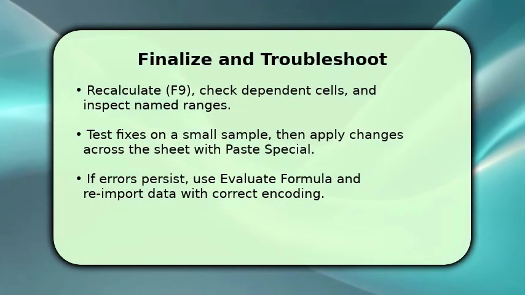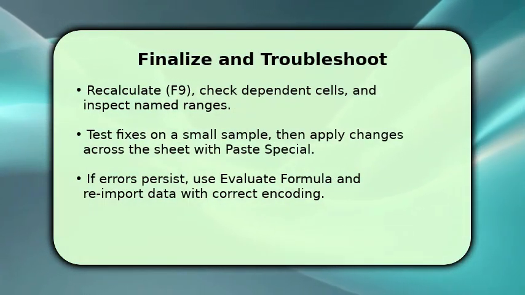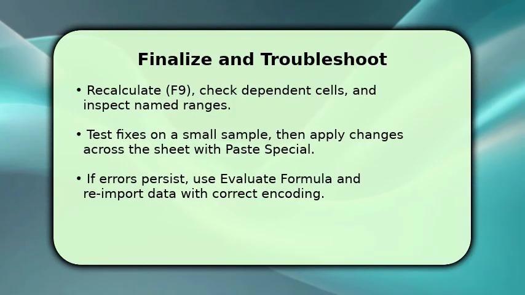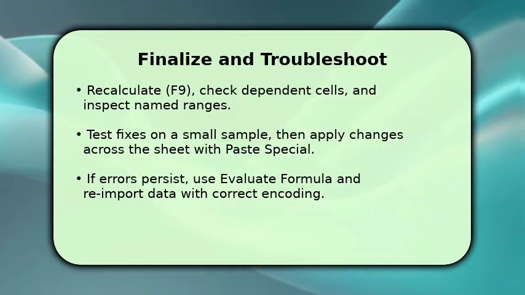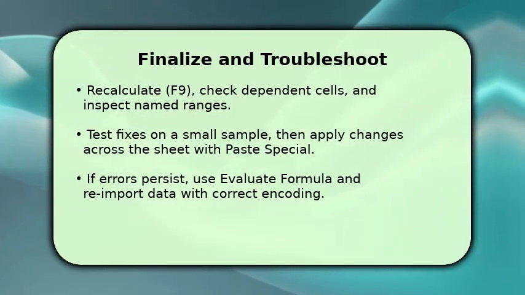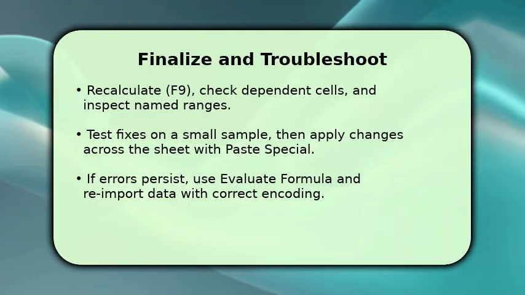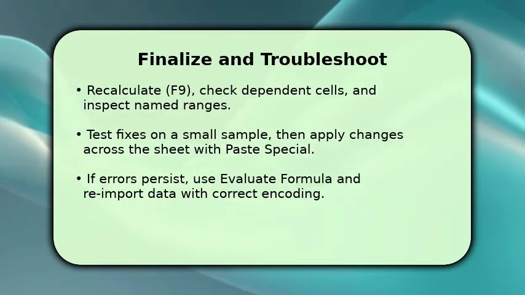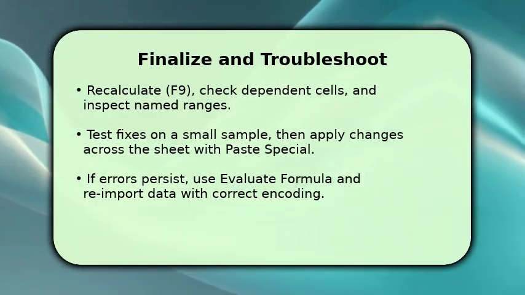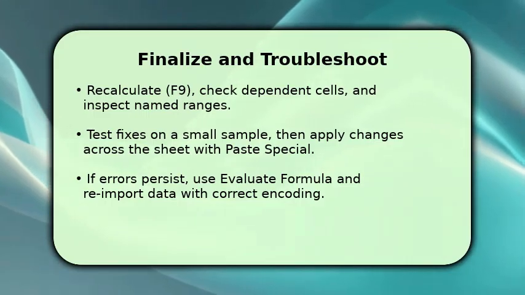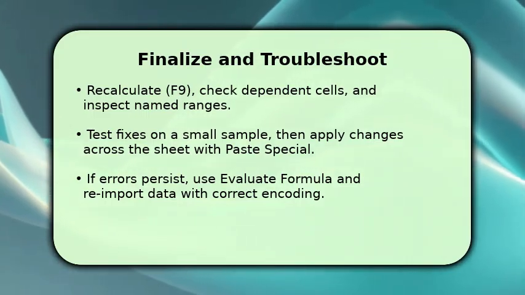To finish, force a full recalculation and inspect dependent cells so you confirm results propagate correctly. You should test changes on a small sample, then apply them across the workbook using paste special to avoid accidental formatting loss. If numbers still misbehave, reevaluate formulas step by step and consider re-importing the source with the correct encoding